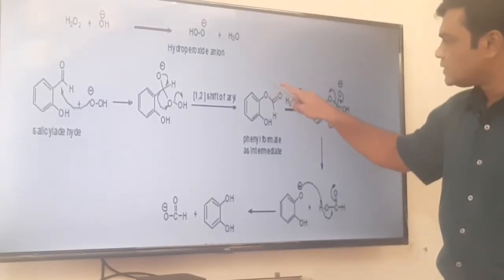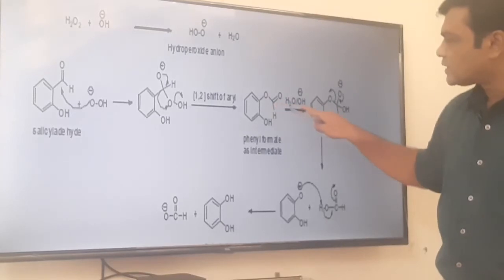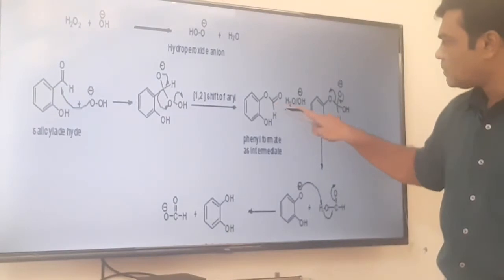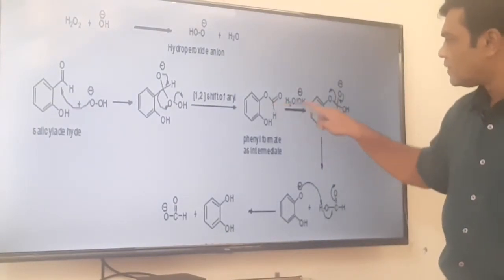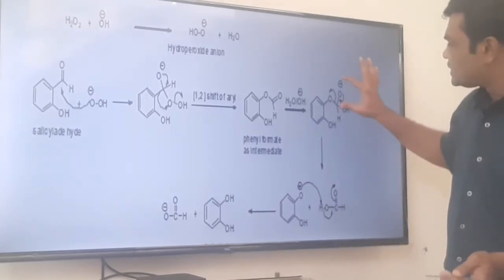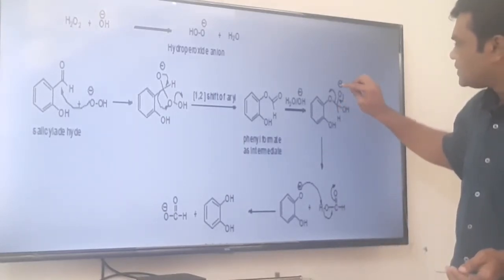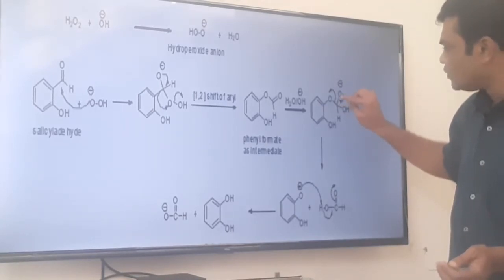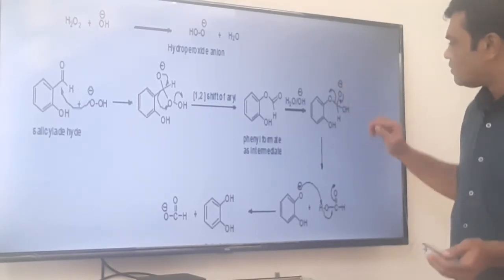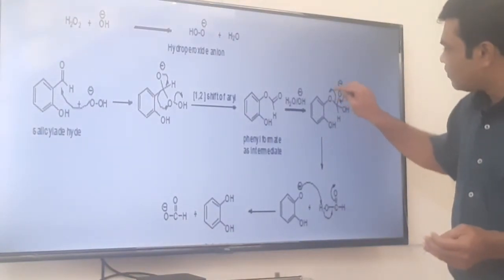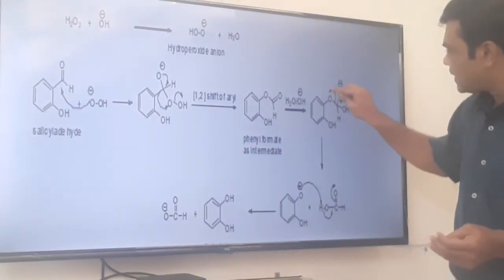The pi bond is open on oxygen and this carbon-oxygen bond takes place. So the pi bond opens on oxygen, giving an oxide ion, and the bond between carbon and the OH group is formed. This intermediate is formed. Now it is unstable, so the negative charge means these two electrons are retained back. The new bond is formed between carbon and oxygen, that is the carbonyl group, C double bond O. When this new bond is formed, obviously one of the old bonds will rupture. So formation of this new bond and breaking of this carbon-oxygen bond takes place simultaneously.